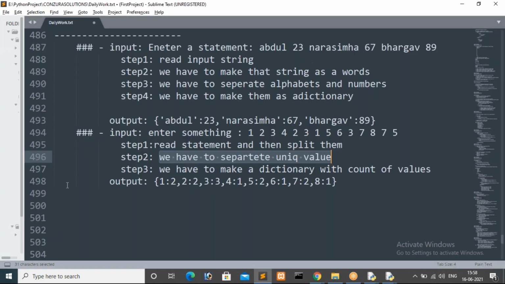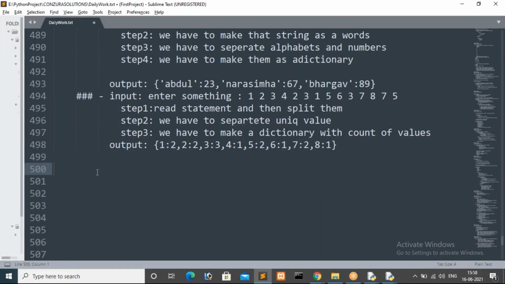So coming to the theoretical part, I'm going to explain the set concept. Same statements, guys. Set also is a data structure.